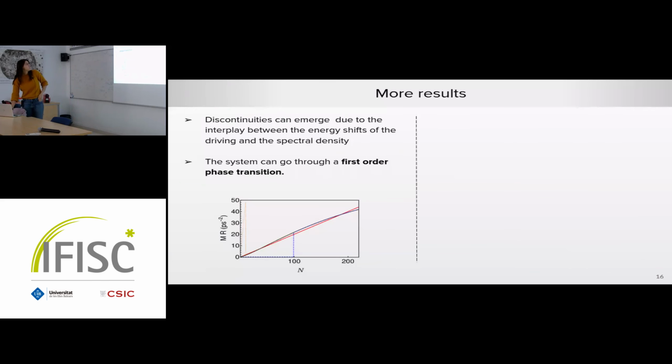Okay. These are just some other results, which I don't think I want to go too much into details, but this is to show that we can also get a first order phase transition. The idea is that if you have more nonlinearities, then, well, in black is that curve that I showed before of gain, and in red is the loss. So if you have more nonlinearities, the gain curve has this shape that is just like, woo. And so the loss curve crosses it twice, and you have stability, and because of that, you can have first order phase transition.